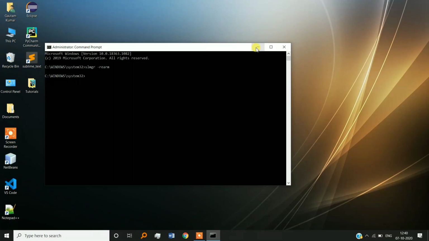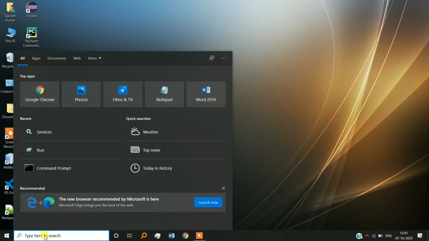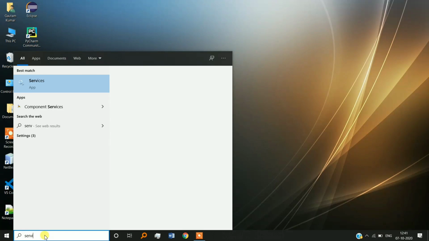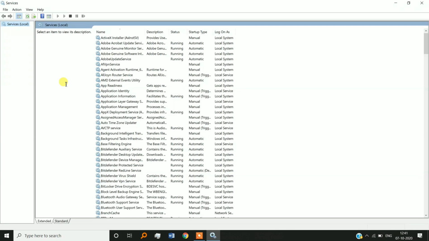Restart your PC. If you are not getting that notification from Windows, then it's fine. Otherwise go for step number two. Here you have to search Services for step number two. It's not compulsory. If you have resolved your problem with step number one, you do not need to follow this procedure further. So it will open and here